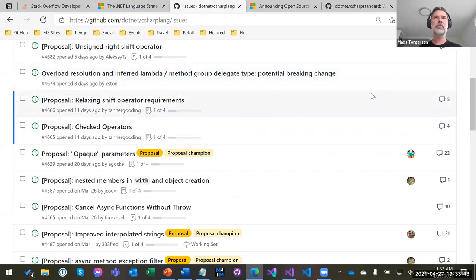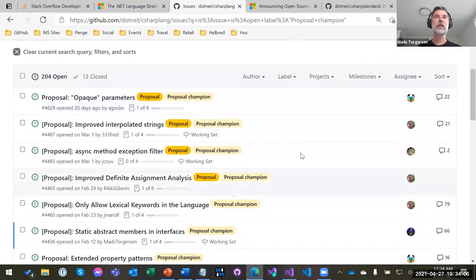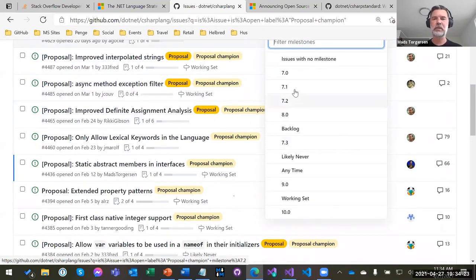When we look through here, if we see something that we think warrants a discussion in that group, we will slap this label on it, proposal champion. Everything that's championed by one of the members of the design team will at some point get triaged in a language design meeting, and we'll decide whether we'll keep it on our docket or whether that's not something we want to look at for now. And the way we do that is that we assign a milestone to it. So you can see this one is untriaged. It doesn't have a milestone assigned to it yet. These two here have been assigned to the milestone working set. If you look at the milestones, there are some for the past, just to track past features, what version of C# they actually made it into.